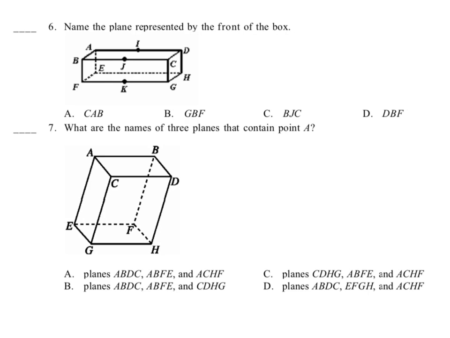Name the plane represented by the front of the box. Well, let's see. First of all, let's identify all the points that are on that surface. It appears that B is in the corner there, F is there, so is J right there, and K, and C, and G. Now remember, we're not allowed to name collinear points, so we couldn't name